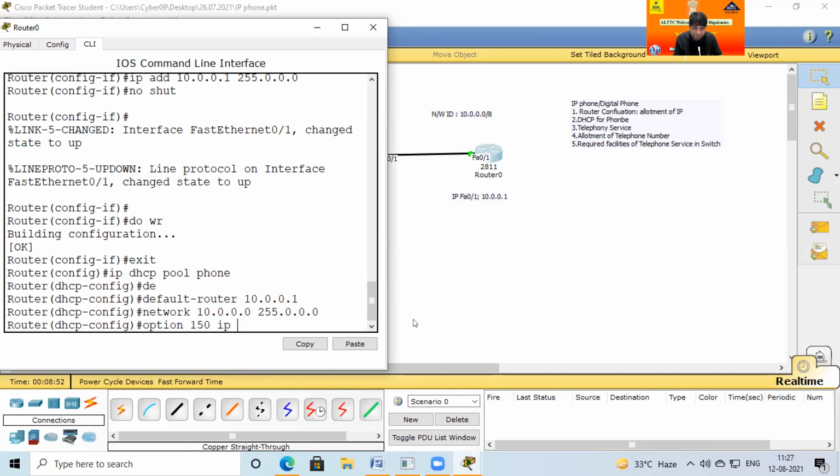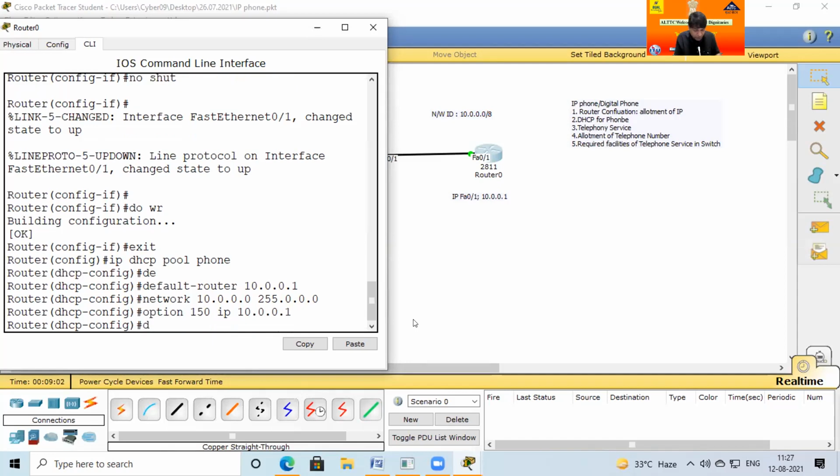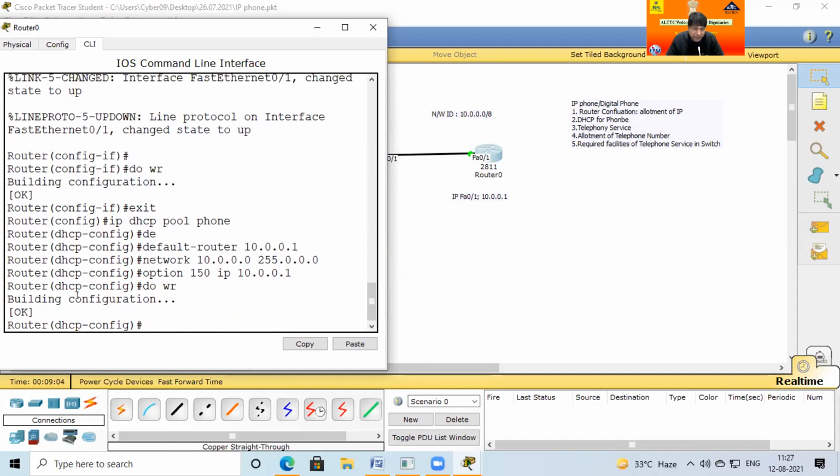From starting 10.0.0, sorry, 10.0.0.1. Okay, do write. Why do I write this line? If you don't write it, no problem, it works also.